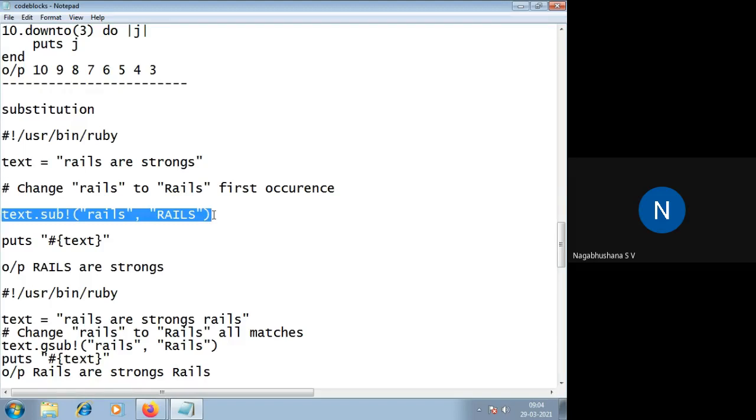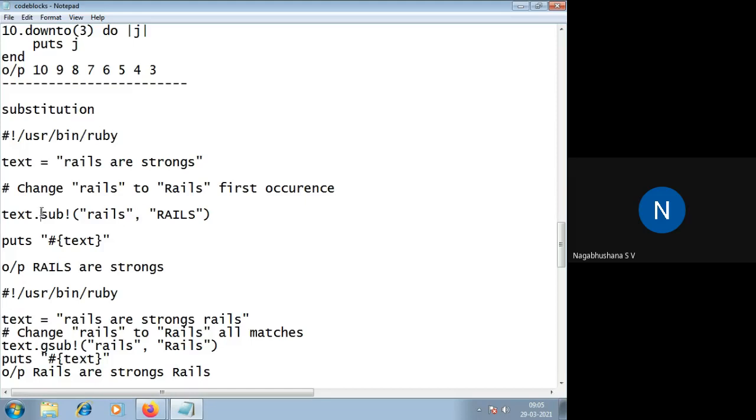That means out of 5 rails, in the first line you have small rails, the second line, third line, fourth line, and fifth line. But if you are using only sub, it is going to replace the small case rails with the capital case Rails only once, in the first line. In all other lines it is not going to change.